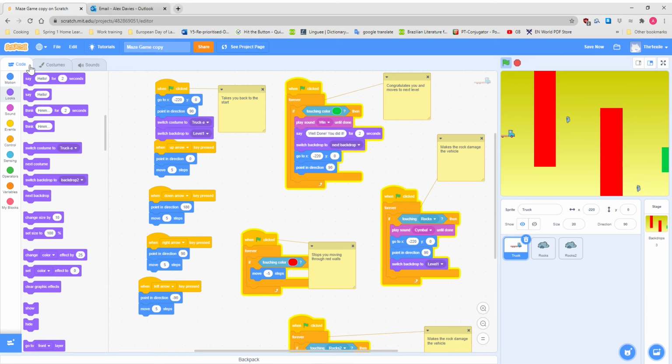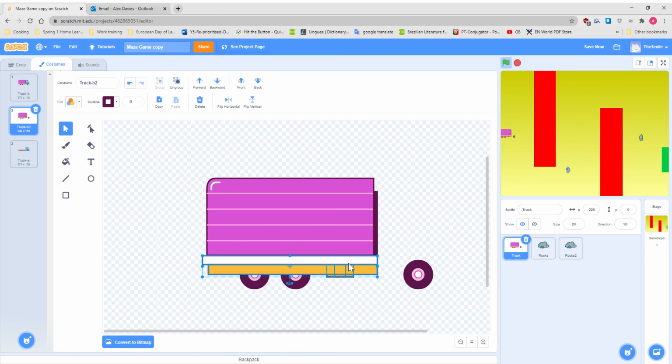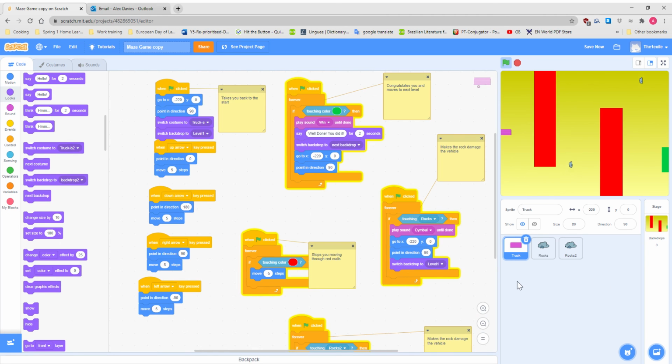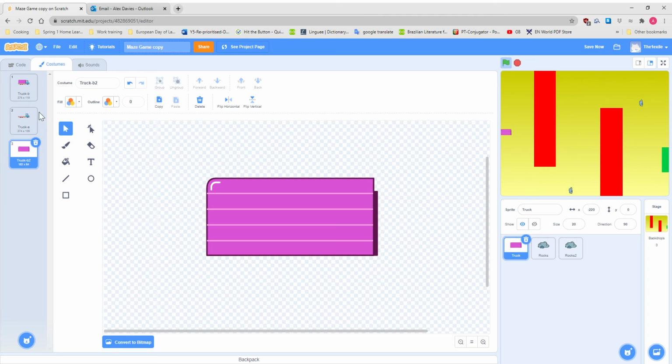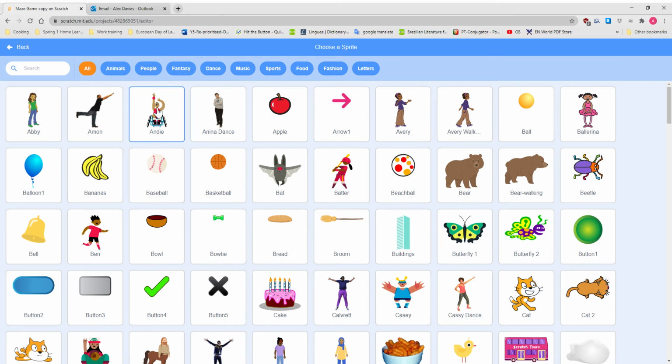Oh, do you know what we could do? Go to costumes, do this one, and I could duplicate this one, and then I can just take off all of the bits I don't want, which is I want the trailer. Then what I can do is I can say I've got a, or actually, change this back here, and then I could make a new sprite, truck,